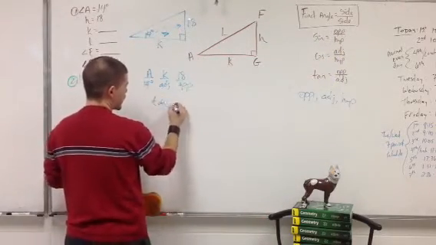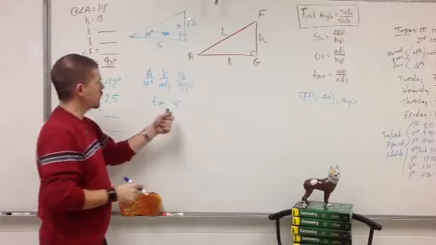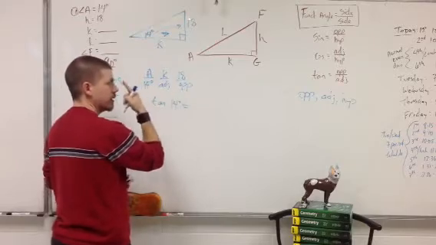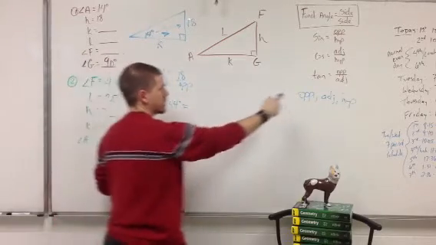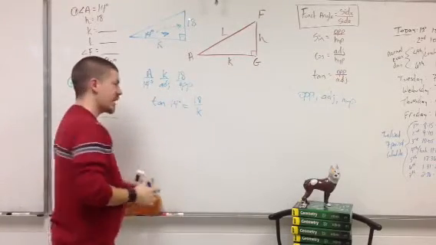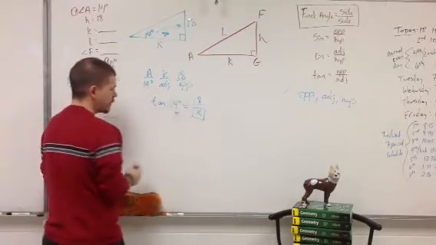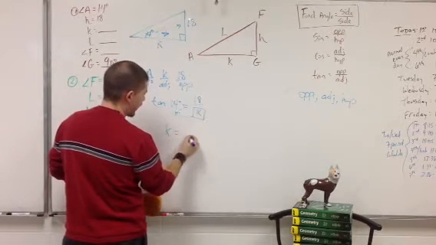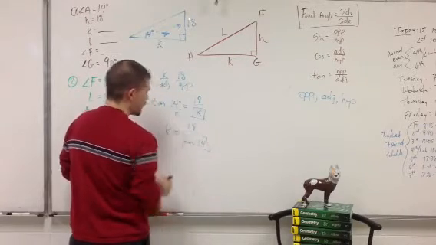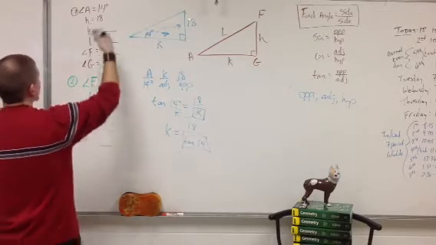So I'm going to write the tangent of 14, following this formula: a function of an angle is a side over a side. Do I do adjacent over opposite, or opposite over adjacent? Tangent is opposite over adjacent. So tangent of 14 is 18 over K. Because K is in the denominator, I can swap it with the tangent of 14. K equals 18 over the tangent of 14. Be sure I'm in degree mode, and my K winds up being